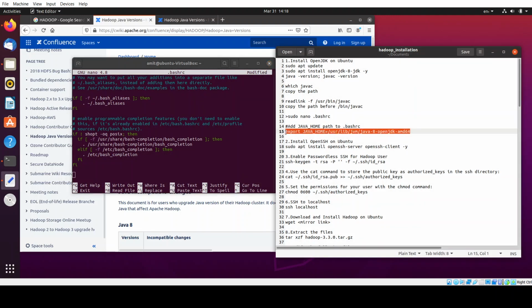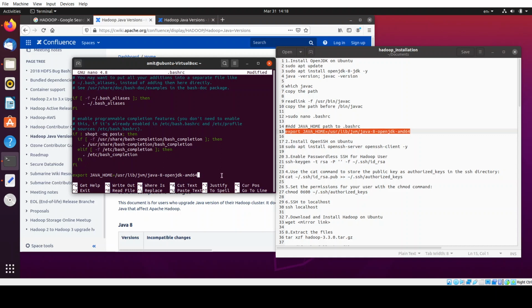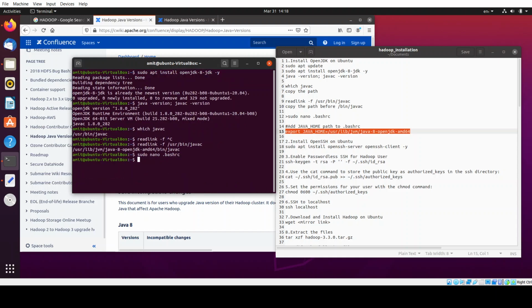Let's copy this one and paste it. So export JAVA_HOME is equal to the path which we had copied. We have pasted it over here. Let's save it, write it out, and exit. Okay, so we have added the JAVA_HOME path to the environment variables.